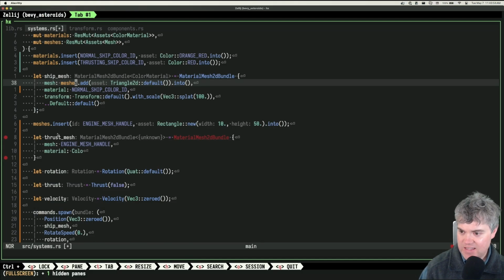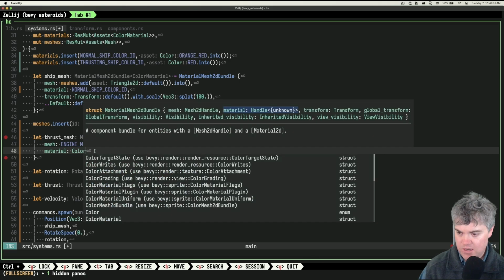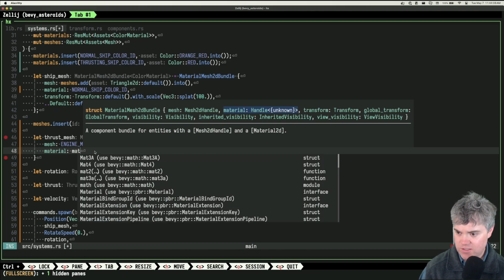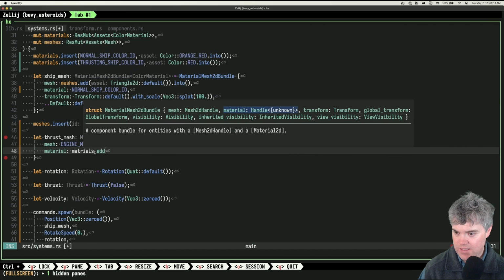So first off, I need the mesh. So we have the thrust mesh is this. So I want, you're going to be a color. So this is actually going to be materials. What is it? Is it materials? Add. Why don't you help me out here? Materials. That's why.